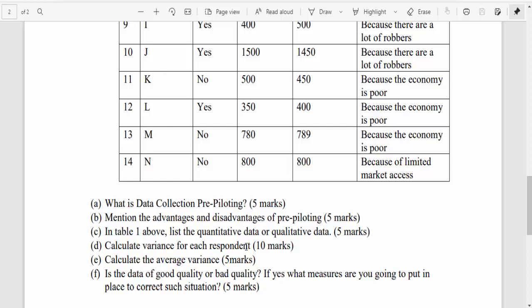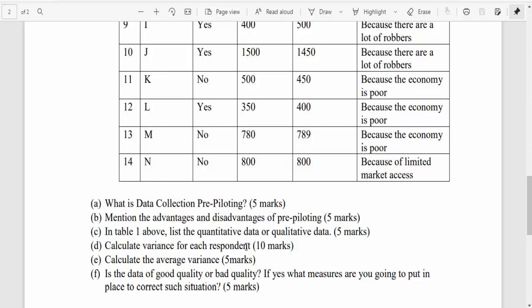Now, this qualitative data, if you asked me, what color do you like? Okay, I'm going to tell you that I like blue as my favorite color. So that kind of data I've given you is qualitative because it's not easy to measure blue. You get the point.